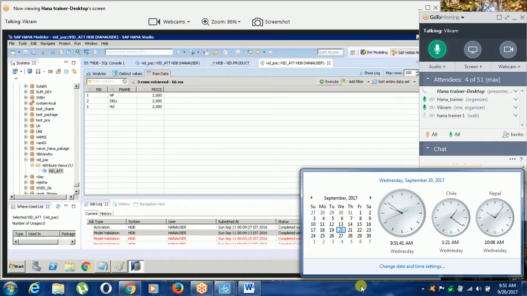So from tomorrow, today evening we'll have class, and the day after tomorrow morning we can start the class at 8 o'clock and wind up by 9 or 9:30. Yes, it will work, my morning time 8 to 9 or 9:30.